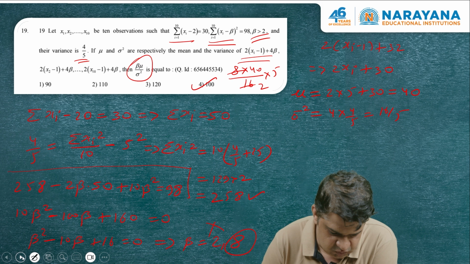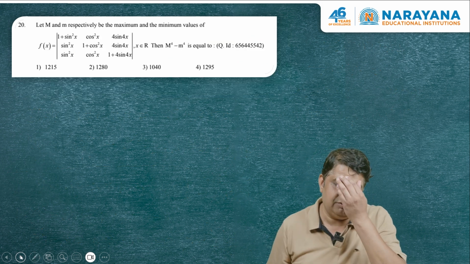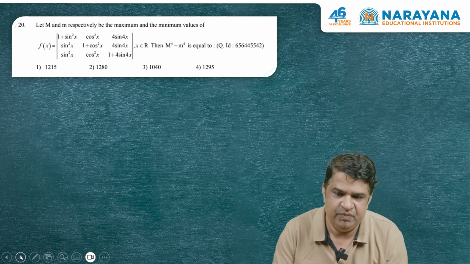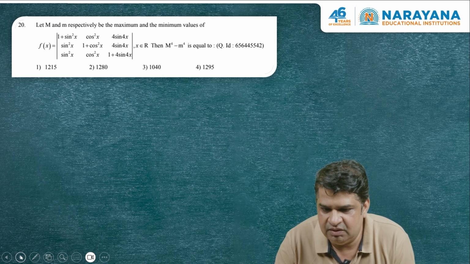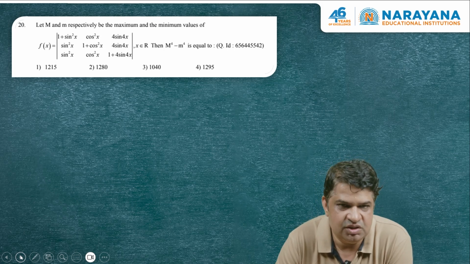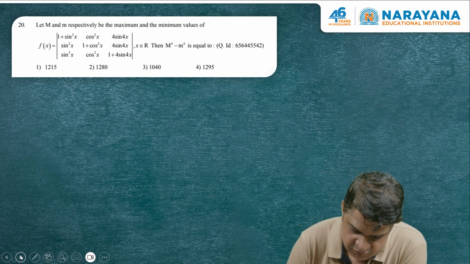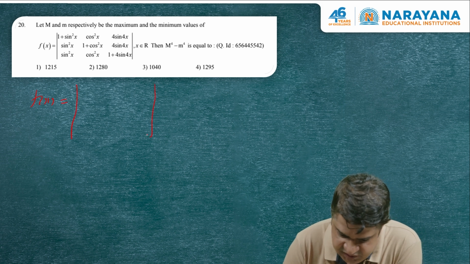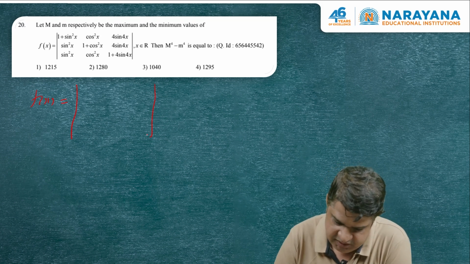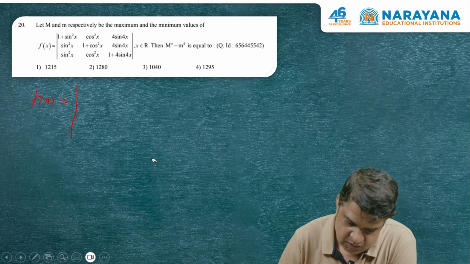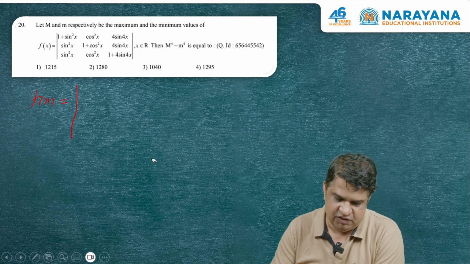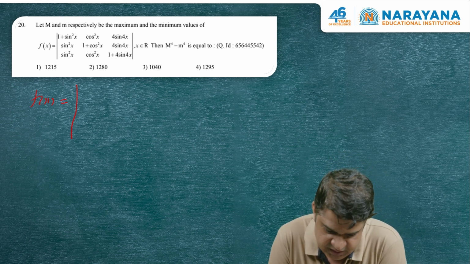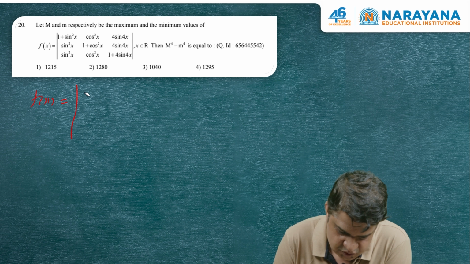Okay. So, let us move towards the next question, that is our last question of single correct. Then we are left with 5 integer type questions. So, here f of x is given. First of all, use properties of determinant, and using that property, we will subtract the first row from the second row and third row. So, the first row is